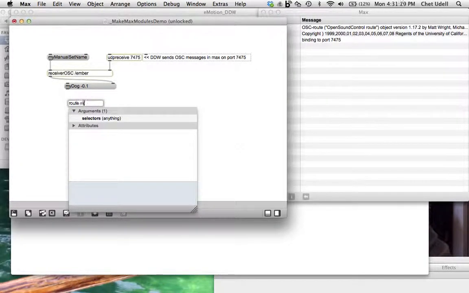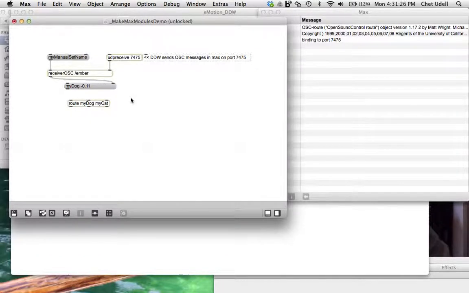UTE, my dog, mind the capital, and I'll also do my cat, which I have no cat, but I'm just going to do that anyways. I'm going to put in the data here. Now I'm going to put in a couple float boxes so you can see how I'm routing all this data. And this is pretty jumpy because I'm running QuickTime recording the video,